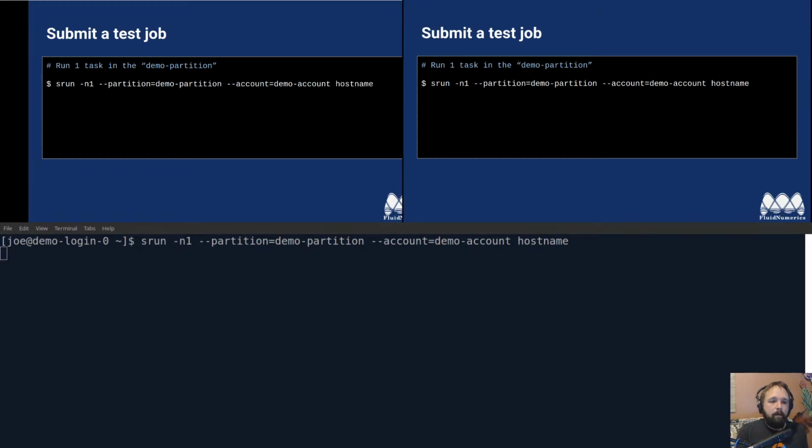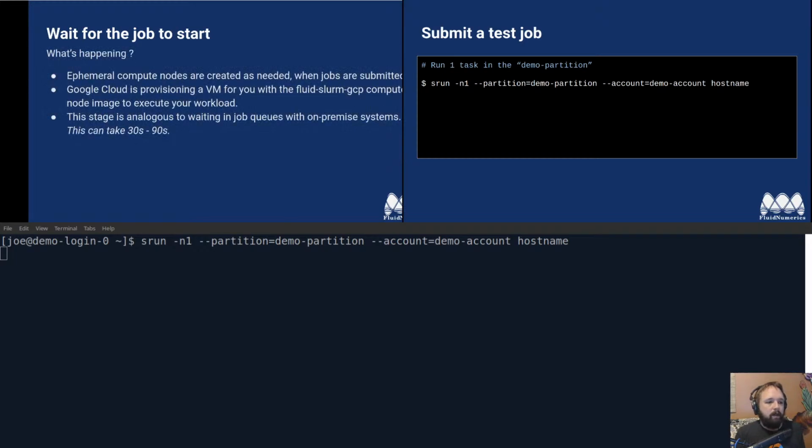Now, you could think about what's really going on here. Normally when you're on premise, you submit a job. Sometimes you have to wait in the job queue for things to go through, and that might be just because when you're on premise, you have fixed capacity systems, and sometimes the job scheduler just can't find the resources you're asking for. In this case, there's quite a few resources on Google Cloud, and basically all you have to do is wait